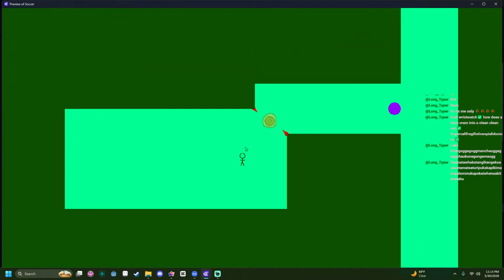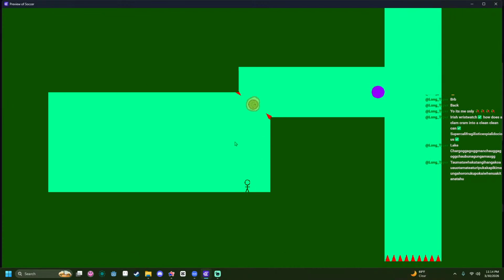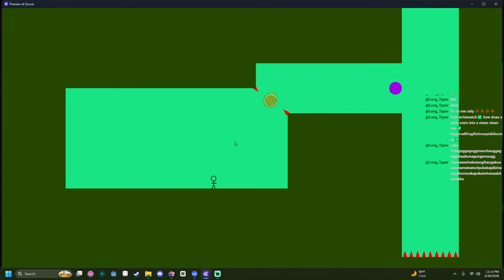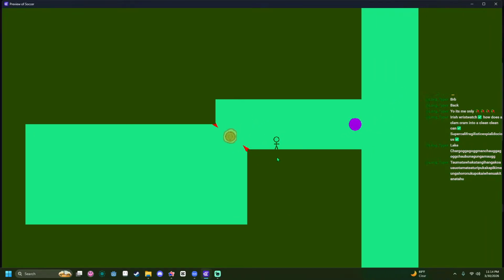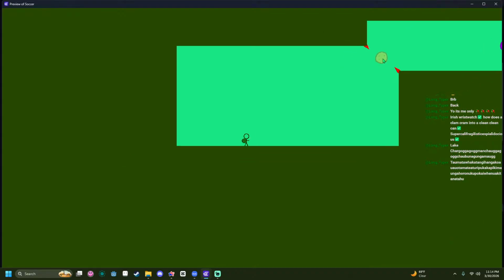What was that? Why are we moving right? But only in the air. Are we serious? Oh, because we're dashing towards the ball. I'm an idiot.